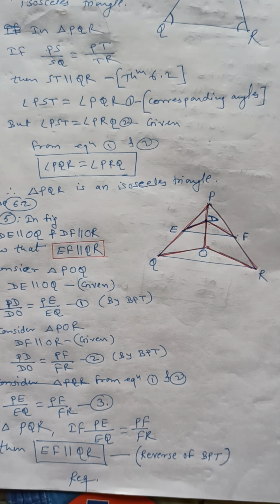Okay, so I have taken three to four examples and the reverse BPT theorem in this session. Many examples are there in exercise 6.2. Solve all the examples of exercise 6.2, and in the next session we will see the criteria of similarity of triangles. This exercise is very important from an exam point of view. Either the theorem, the basic proportionality theorem, will come in the exam, or if the theorem does not come, then its example will come. Either of these two will come for 3 or 4 marks. That's why this exercise and the BPT theorem are very important. In the next session we will see similarity of triangles. Thank you.